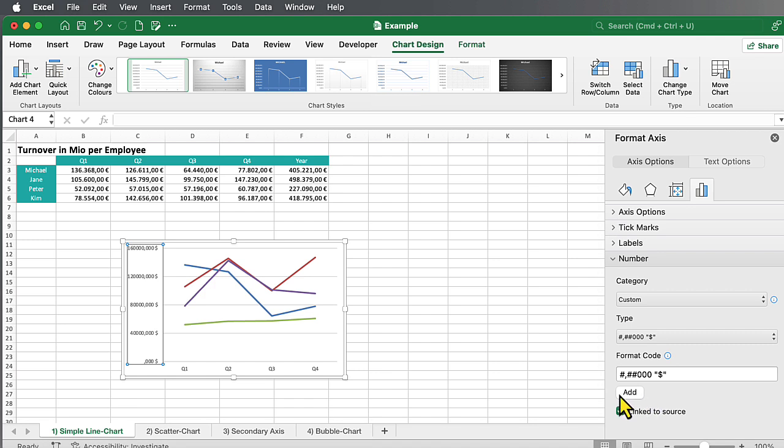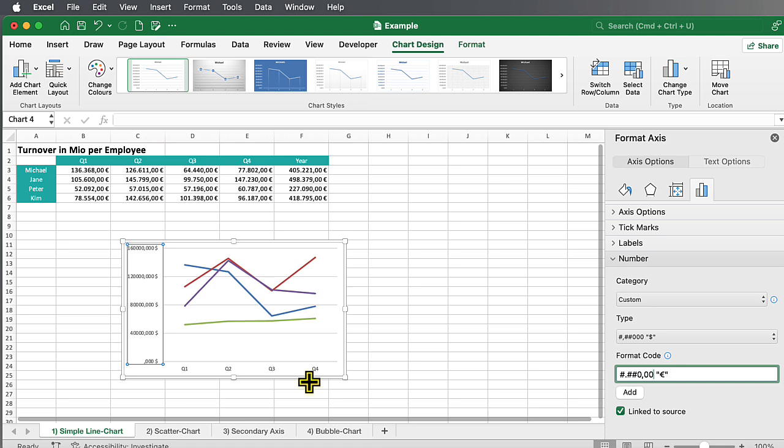Then I would like to have a different value for the number, a different number format. First, I would like to have a euro instead of a dollar. And then I would like to have a different way of format in here. So I would like to have it as follows, which means two numbers behind the dot, and at least one zero is displayed in front of the dot, so no zero like this one. And if I do it and add it,